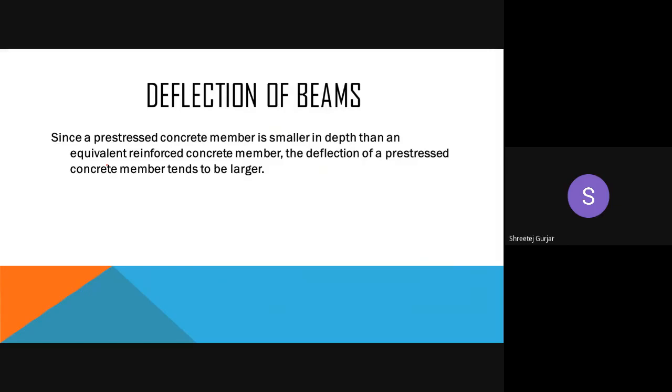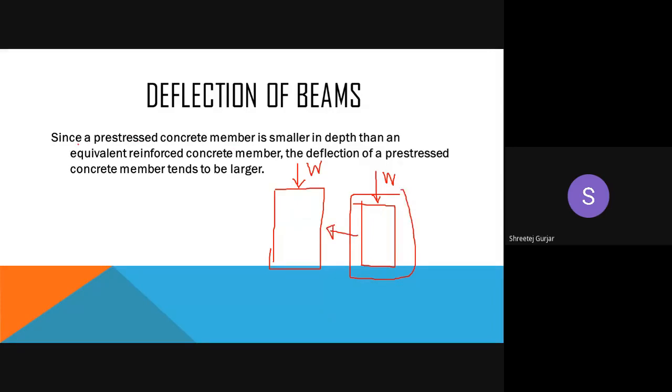Since a pre-stressed concrete member is smaller in depth, usually the depth of pre-stressed members is smaller. As I've told you, that is one advantage of PSC. So the cross section is smaller compared to RCC. If you have the same load W acting on RCC, you require this amount of concrete, a cross section of this size, to handle your load W. But if you use pre-stressed concrete, with the same load W acting, the cross section will be smaller compared to your RCC.